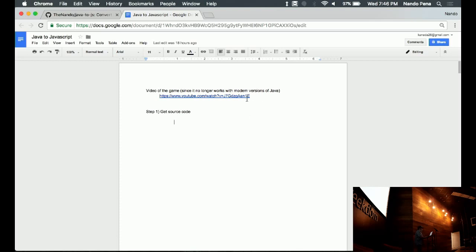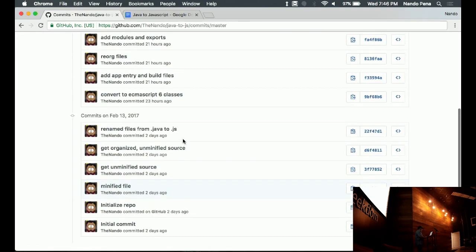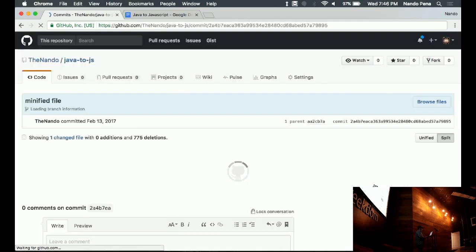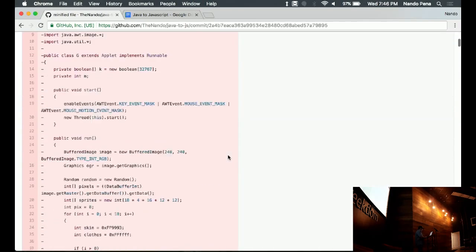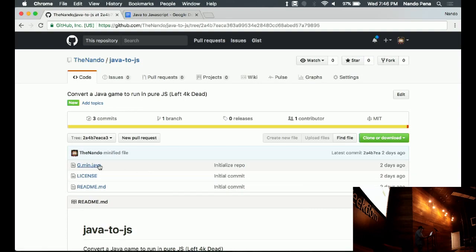So once I found out about the game, I was like, cool, this game looks pretty cool. I'm going to try porting it over. First thing I need to do is get a hold of the source code. So I opened up the website, and I grabbed the data that I could find. It looked a little something like this.